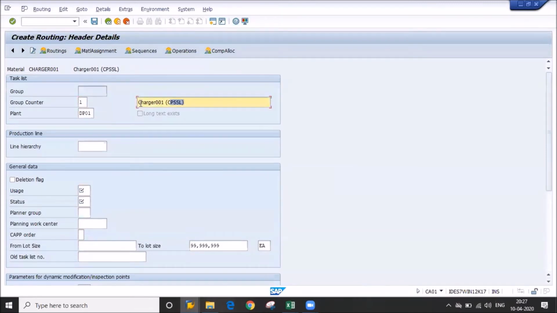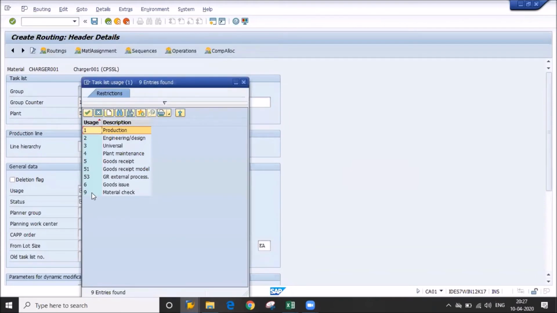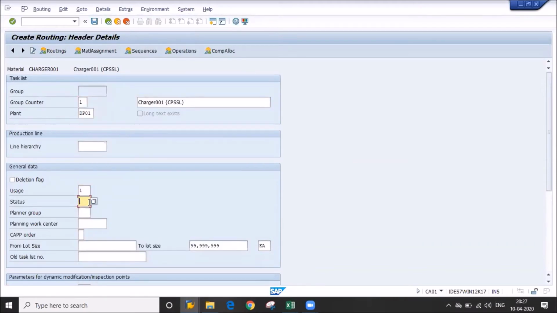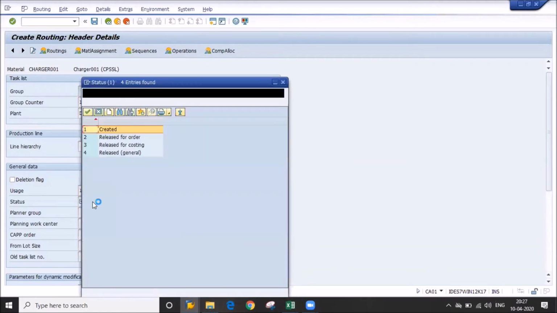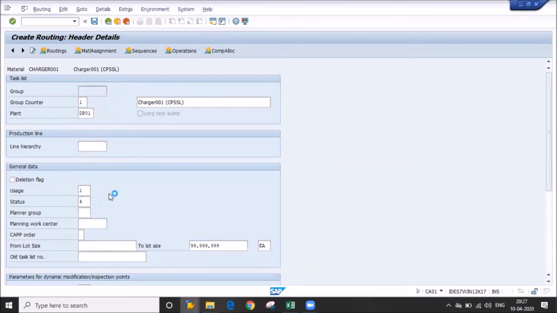Then description is coming, your plant is coming, then you have to give usage. So what is the usage? Whether it is usage for plant maintenance, goods receipt, goods issue, I'm giving it as production. Then status: there are creation, release for order, release for costing, release for journal. So I'm going to give all release for journal,